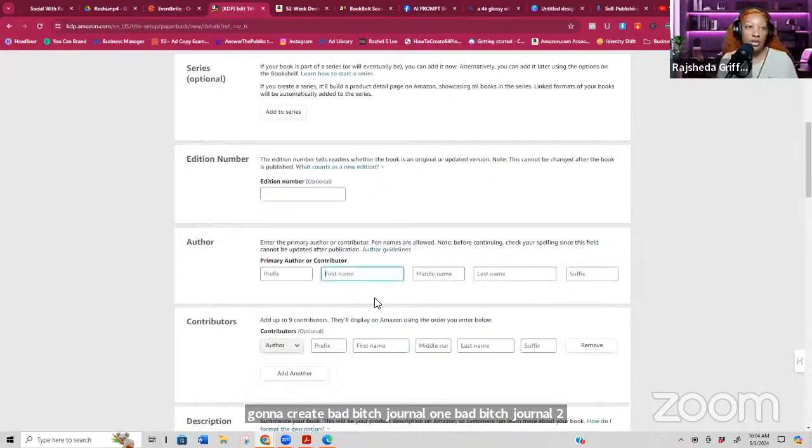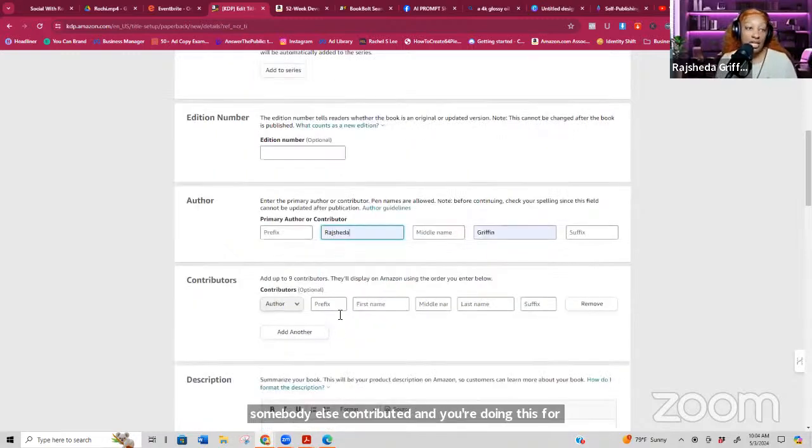Author, you can definitely put your name, or if somebody else contributed and you're doing this for somebody else, you can do that as well. And any contributors, say me or Leah are putting the books together, then I can add Leah on there, and then Leah can be a contributor with me on this book. All right. So